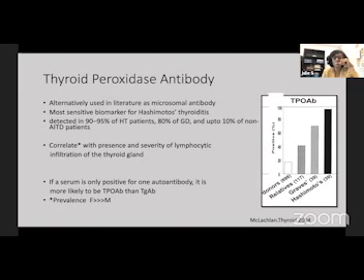There have been reports of a good correlation between the presence and severity of lymphocytic infiltration of the thyroid gland and the titers of antiperoxidase antibodies, although this has been an area of some controversy. If the serum is positive for only one autoantibody, it's more likely to be a peroxidase antibody than a thyroglobulin antibody. And as in all autoimmune thyroid disease, the prevalence is higher in females